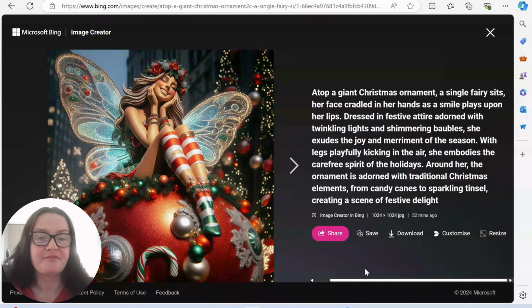Single fairy sits, her face cradled in her hands, a smile plays upon her lips. Dressed in festive attire adorned with twinkling lights and shimmering baubles, she exudes the joy and merriment of the season, with legs playfully kicking in the air. She embodies the carefree spirit of the holidays. Around her, the ornament is adorned with traditional Christmas elements, from candy canes to sparkling tinsel, creating a scene of